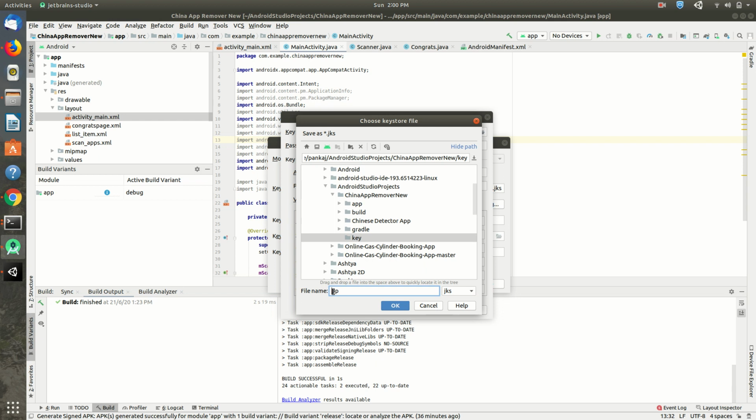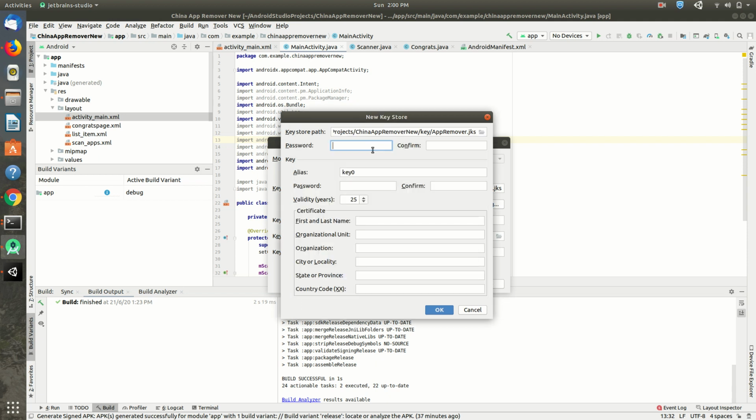Give any strong password you want, and you have to confirm it again. You can insert the same password here and here, or you can give a new password also. It doesn't matter.